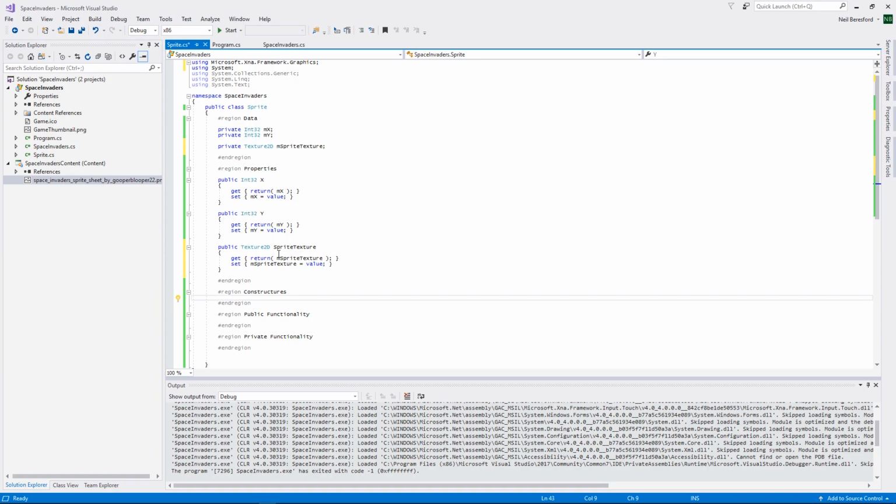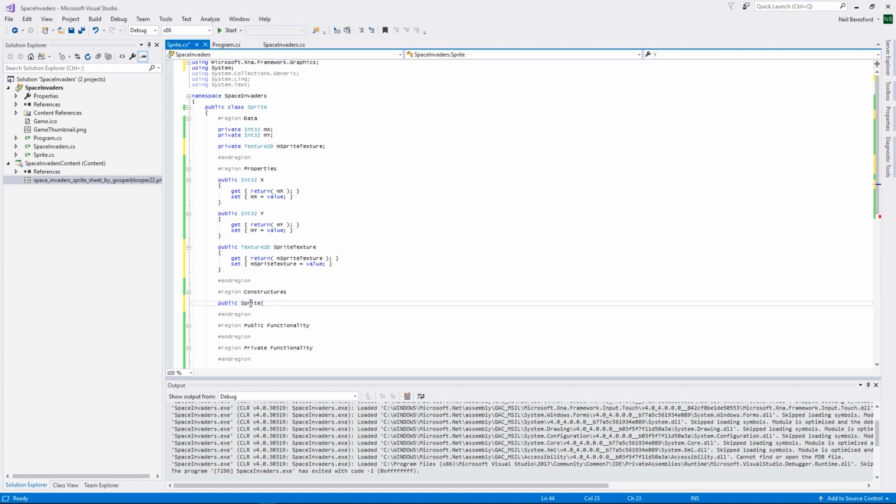Okay, so all constructors are public. I know I'm going to get people complaining about things, but just generally they're public, and the constructors are the name of the class. I think I'm getting my words out right. So the class is sprite, and we need to do a constructor. So we do